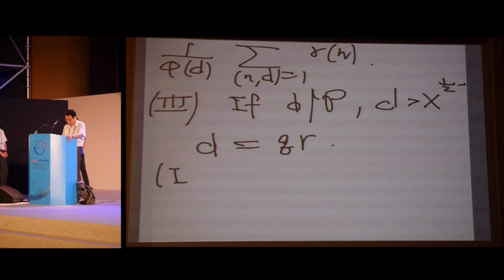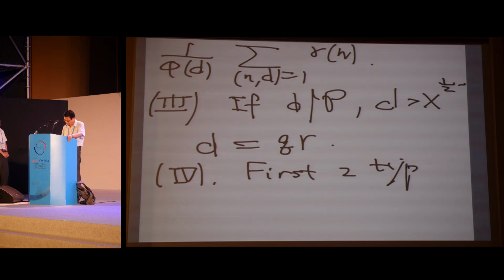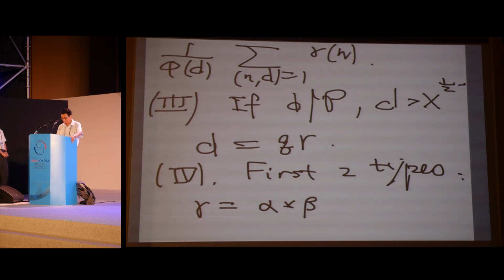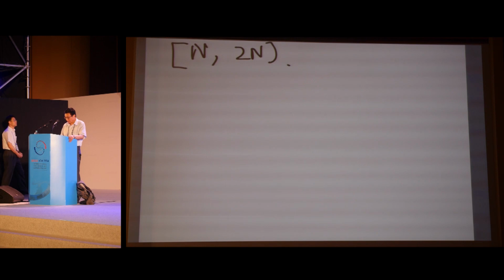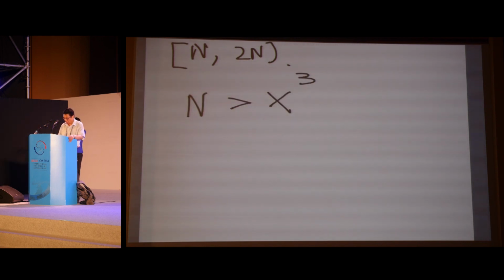Then the next. We say the first 2 types. Gamma is like a direct convolution of 2 functions. And usually we may assume that the support of beta is smaller than the support of alpha. That doesn't matter. So we say beta is supported on the interval, say, from capital N to capital N. And whenever n is slightly greater than this power of x,